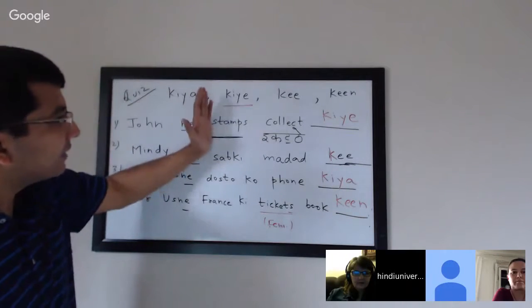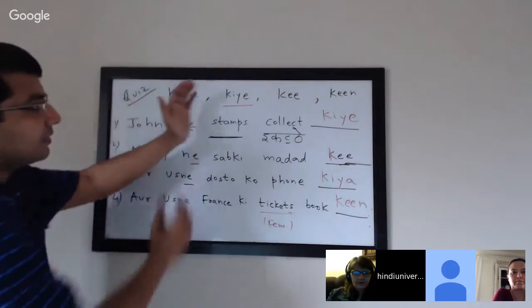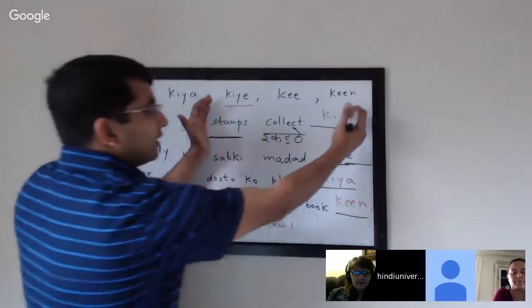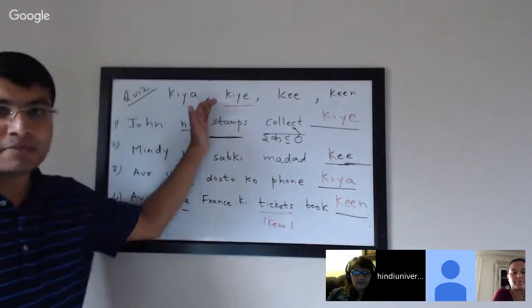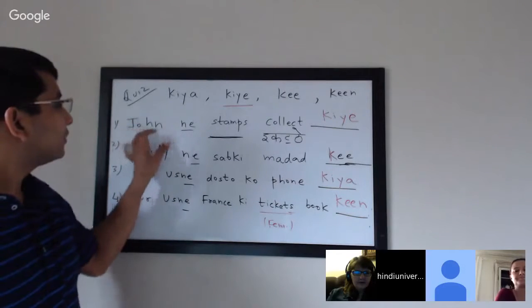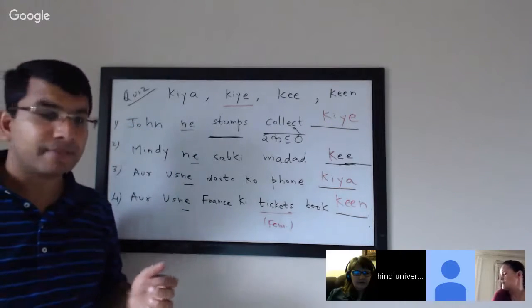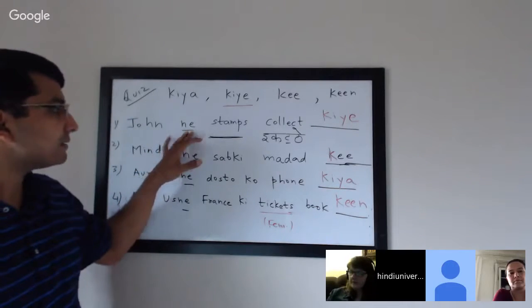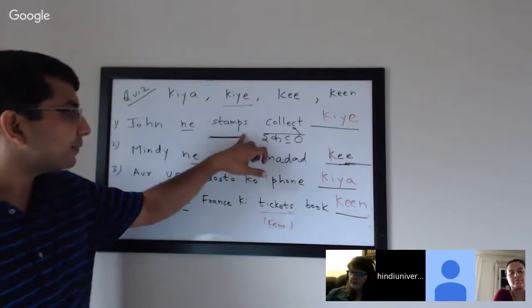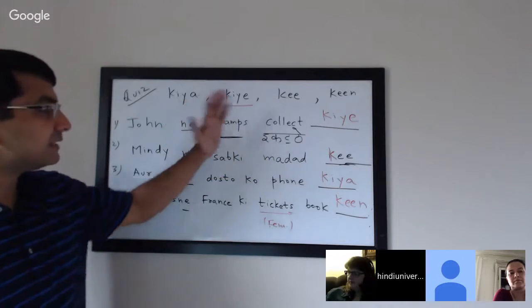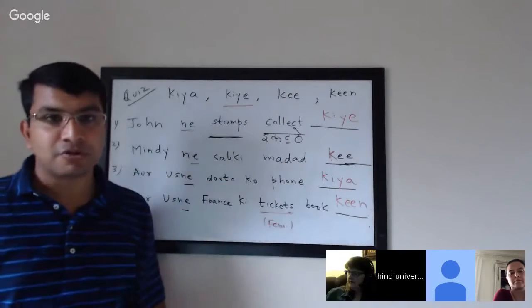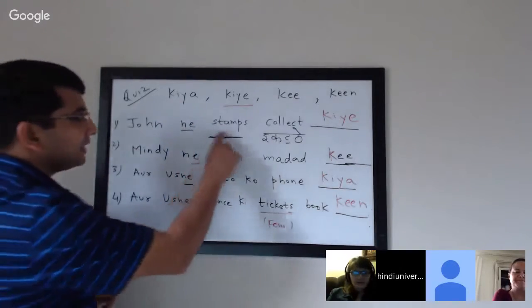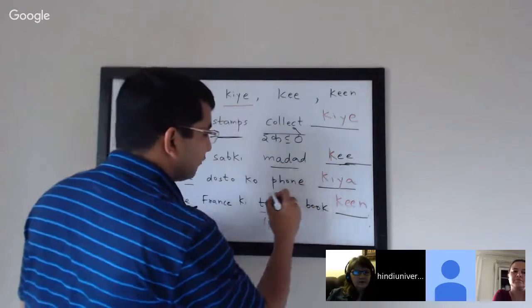Stamps collect kiye. Even if you don't have this part, for example, if somebody asks you, "What did you do?" If you can just say stamps collect kiye, it basically implies that you're talking about John, Mindy or me, especially whenever there's a ne in the sentence. I think I clarified it in the past also. Object basically determines how the verb should be conjugated. So in case I said subject, please correct it. My apology, but it should be basically stamps, mother, phone, and tickets.